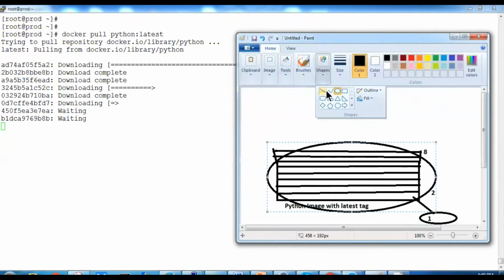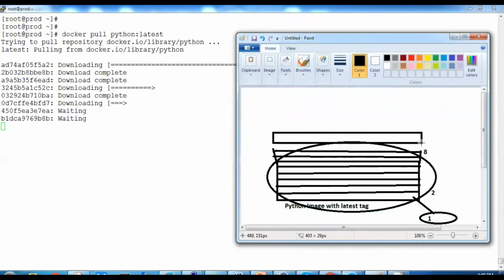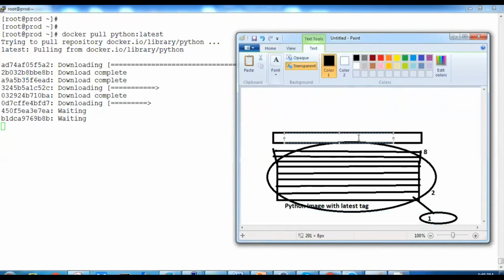Now we are going to create our rewritable layer over here. All these 8 layers are read only. We cannot make any changes on these 8 layers.